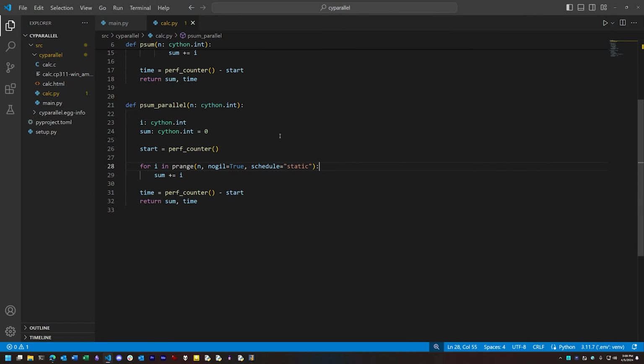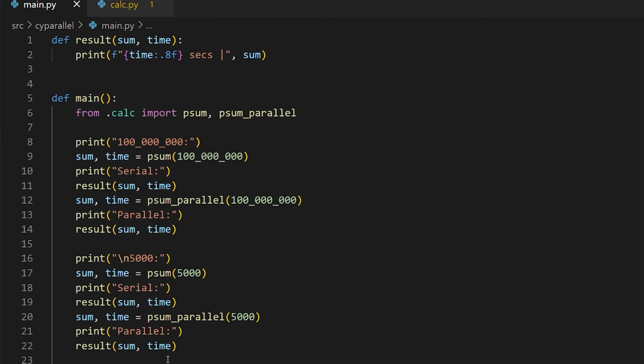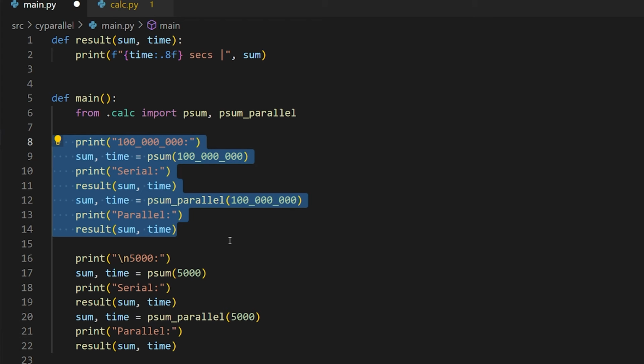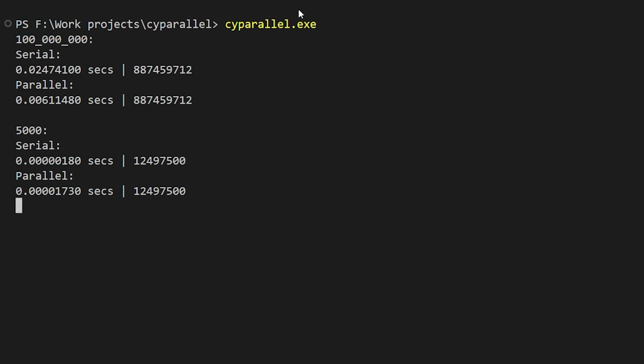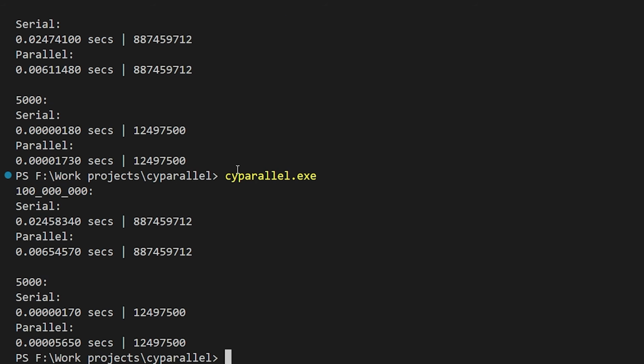Now, to run this code, I'm using two different workloads. One sums to 100 million and shows the results for both the serial and parallel versions of the function. The other sums to only 5,000, also both serial and parallel. Now you'll notice when I run this code, the 100 million iteration version shows a substantive reduction in runtime, about 4 times faster. We could probably speed it up further from that with some more tweaking, but that's enough to give us an idea. But with the 5000 iteration version, it's the other way around. The parallel version is almost 10 times slower. What's going on here? And this is something that persists across multiple runs. This isn't something that only happens on the first run.